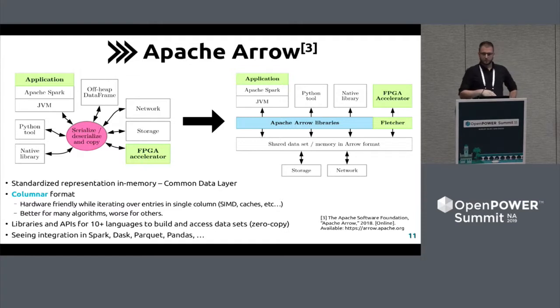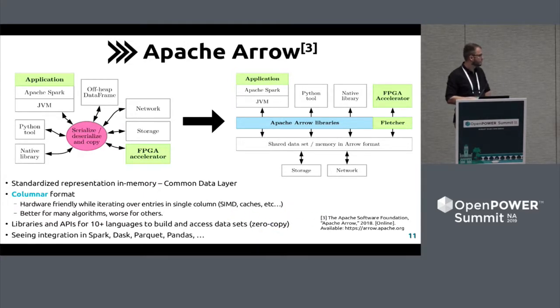So they thought, okay, it would be much nicer to have this shared memory. We specify the format of the data in memory, and we can just share the data set across different processes through the libraries. And so the Python tool and, for example, an Apache Spark application, all of them could consume that data in the same format without moving the data at all or making any copies. So of course that's a great idea. They call this zero copy